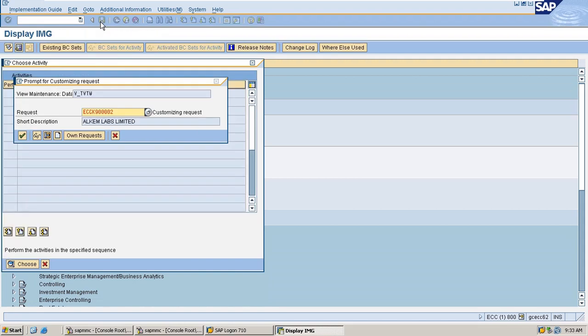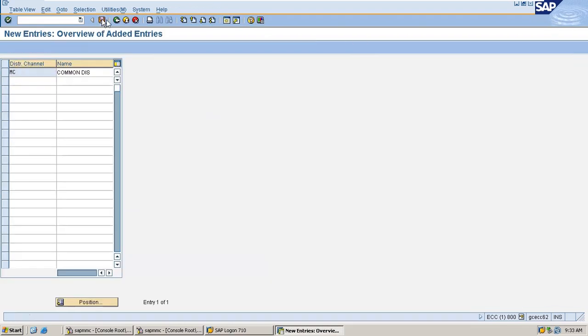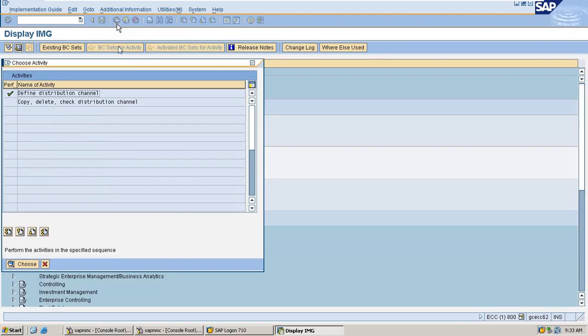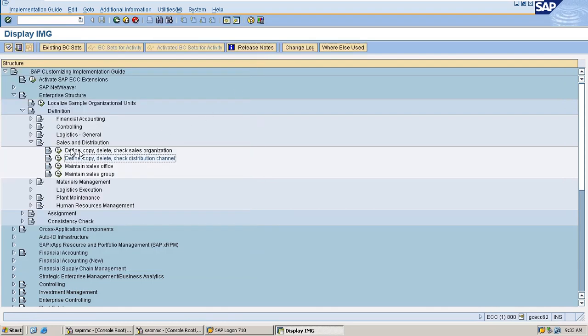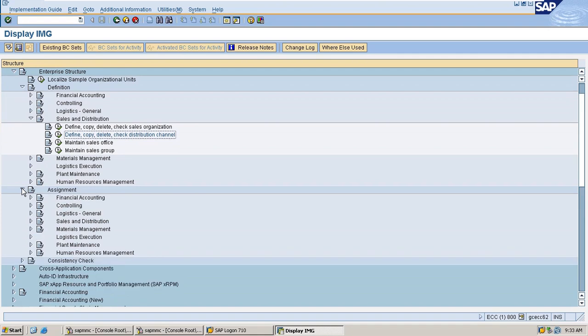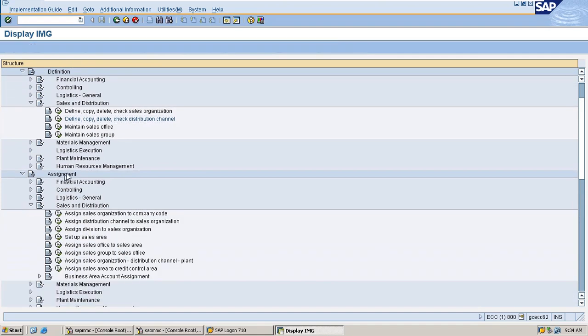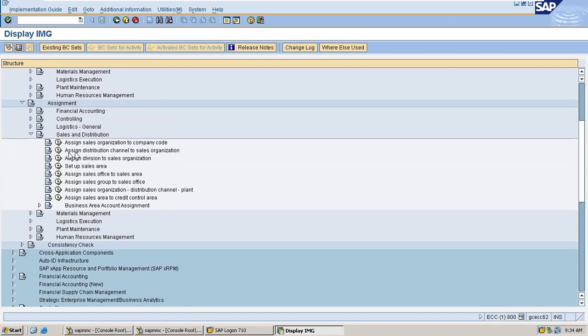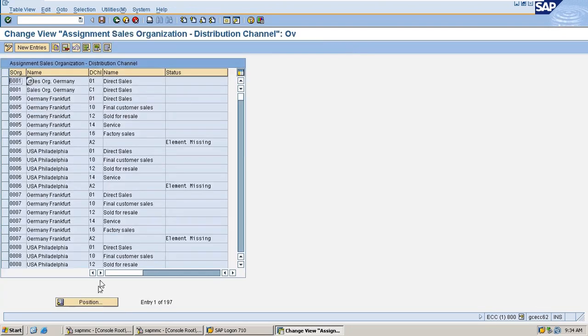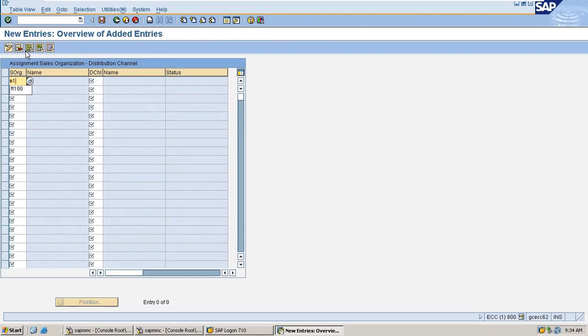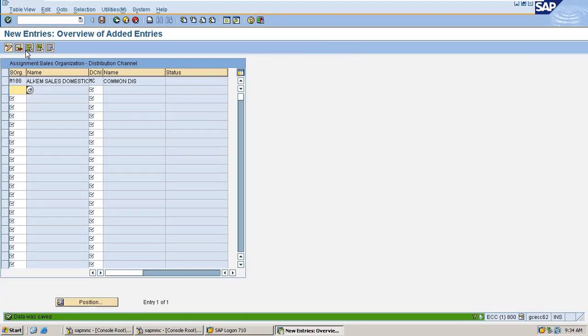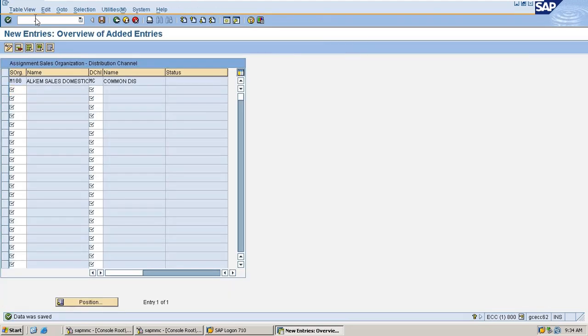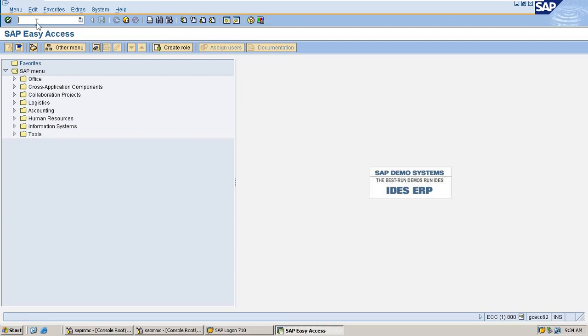Okay, I'm going to save it now. Then we have to assign the distribution channel to our sales organization. So in the assignment part, in the sales and distribution, we have to assign the distribution channel to the sales organization. Our sales organization here is M100. The distribution channel is MC, nothing but the common distribution channel. So now I'm going to assign it